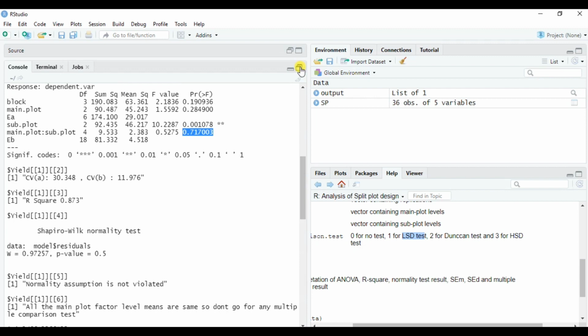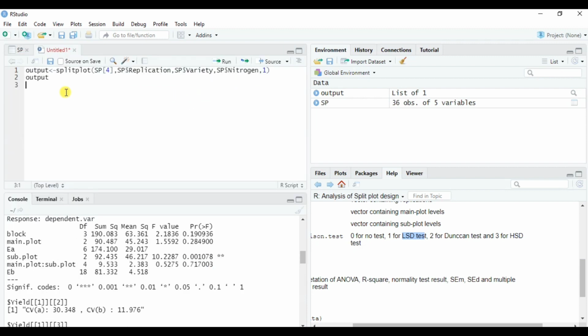But suppose you have, generally the agronomy people, they carry out data record for more than one character. They used to go for 5 characters, 10 characters. So how to carry out analysis of those 5 characters, 10 characters in just one single line? You just need to make a change here only.